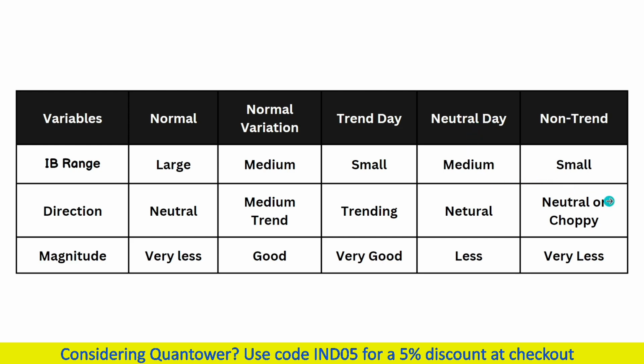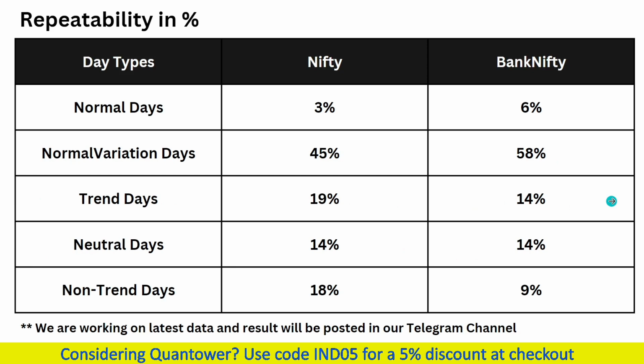Neutral center is again sort of less compared to neutral extreme. Now coming to probability, before showing this data, this is the first thing I need to say, two or three important points. First point is, this is not my own data, I have taken it from some website. And the second thing, we are currently working on the last 2 years,